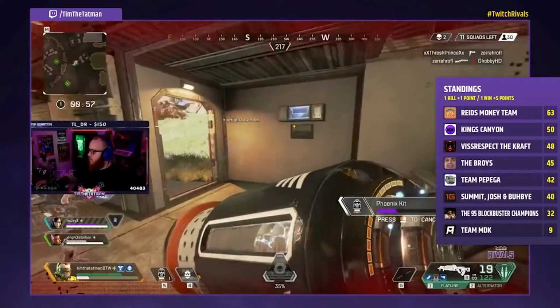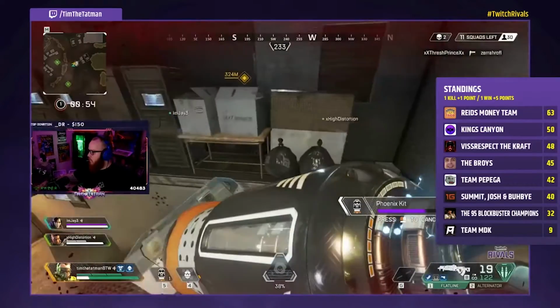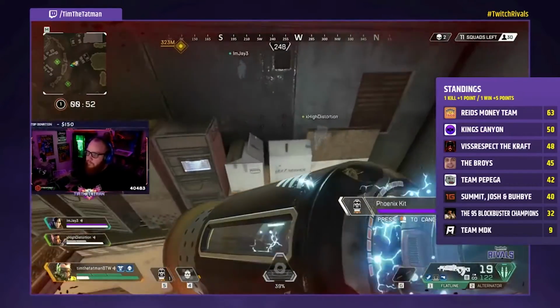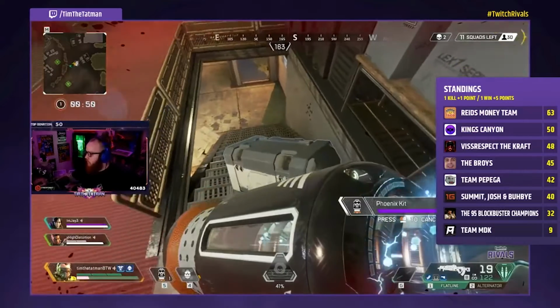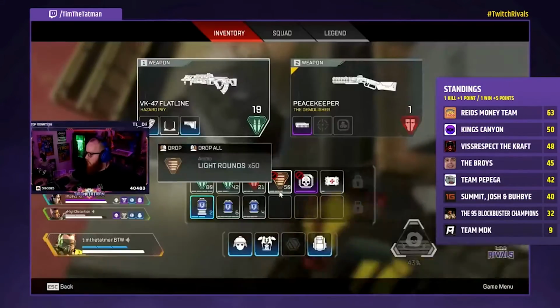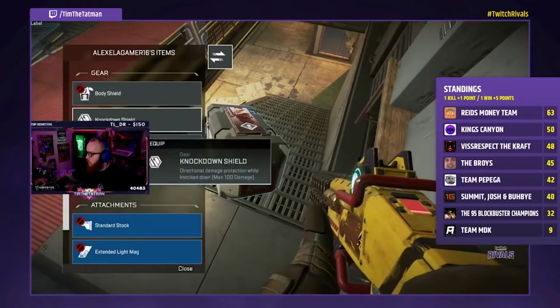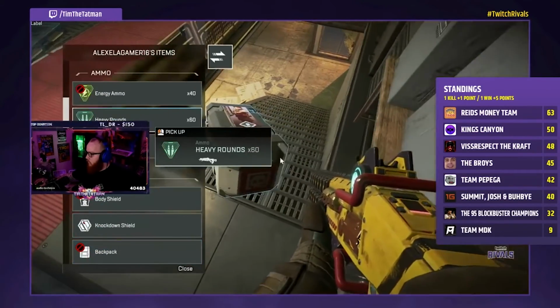The Broys are starting to climb the ladder a bit, getting in close, and there is, what is this, a 5-point difference between second and fourth? No, a 10-point difference between second and sixth. Yeah. It's pretty close, tight stuff. But Reed's money team, dude, they are running away right now. A 13-point lead on second place. Yeah, but what we've seen, if the Broys continue to keep up